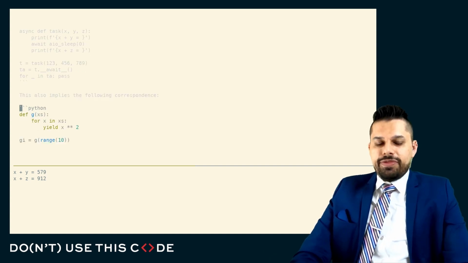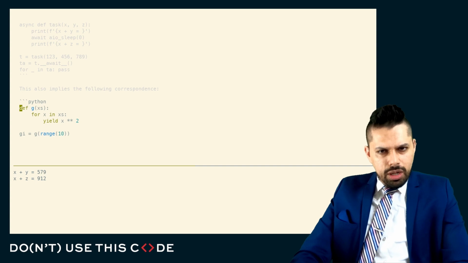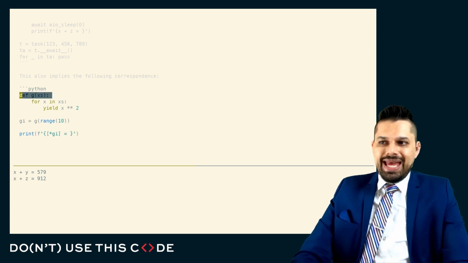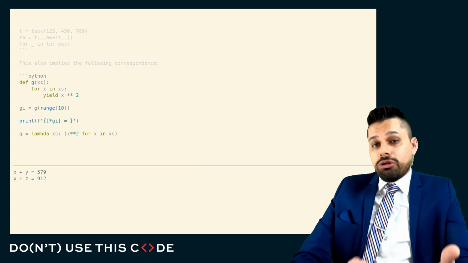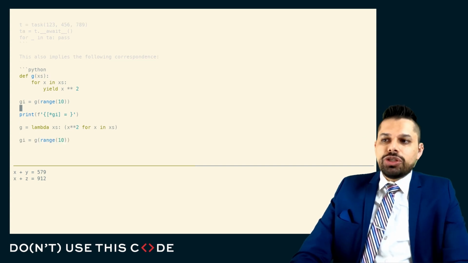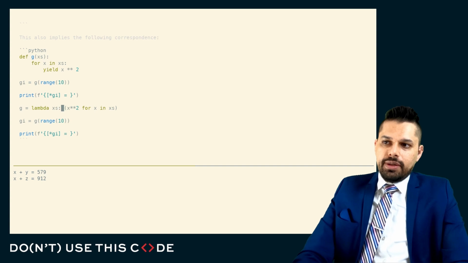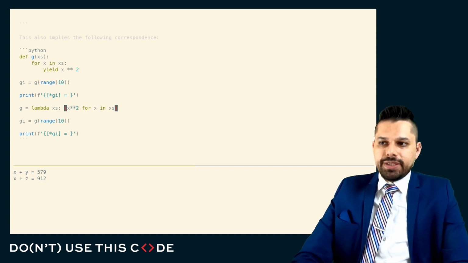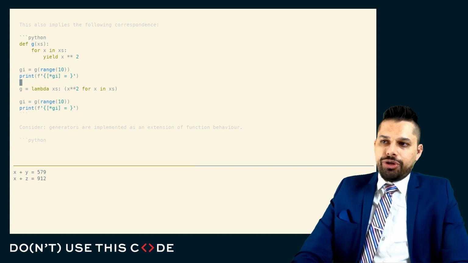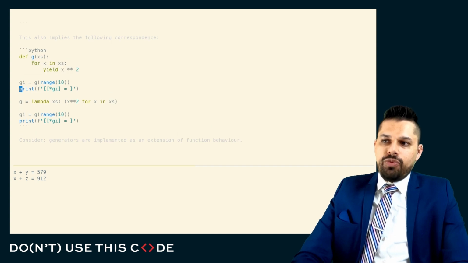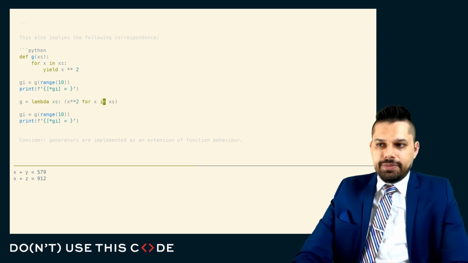Bear in mind that when we think about it in terms of levels of indirection, we think about it in terms of what these things are called. A correspondence does arise for us. What we call a generator, a function with def and yield that produces what we call a generator instance, is actually strictly equivalent to a lambda that creates a generator instance via the comprehension syntax. Here we can see a strict equivalence. Any generator that's written in this fashion can be written in this fashion as long as it can be expressed in terms of the generator expression syntax.